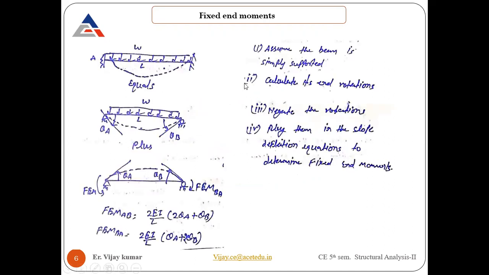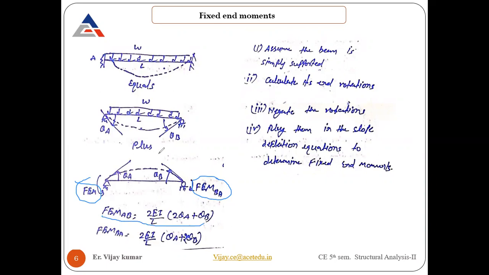So if you see here, I'm mentioning the procedure that we need to adopt to solve the problem by using the slope deflection equation method. Again, this is a fixed beam. We have a UDL. What you need to do is split this beam into two different beams, and ultimately we are going to superimpose them and get the value that we require, which is nothing but the FEM, the fixed end moment that we need to find. That value we can calculate by using this slope deflection equation that we have already seen.